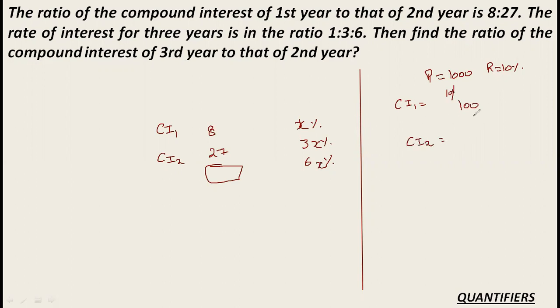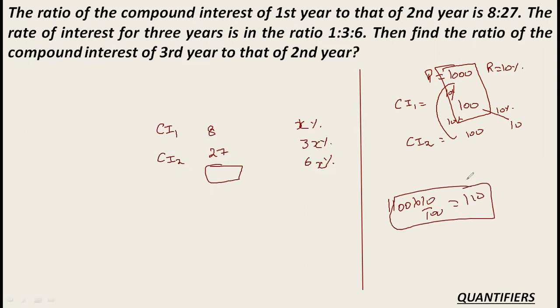Now, for the second year, you will get the 10% of 1000, that is 100. But you will also get 10% of 100, that is 10. In compound interest, you fetch interest over interest. Or in very simple terms, I can also say that you will get your new interest on the amount. On 1100, the new interest will be 10% of 1100, that is 110. This is the second way of representing our data. So if I bifurcate this 110, 100 is achieved from principal and 10 is achieved from interest over principal. These are the two basic things that I need to know, and that's it.